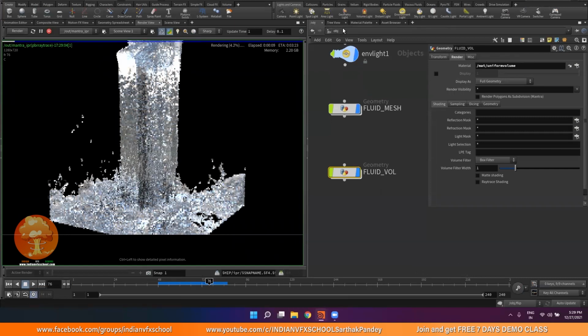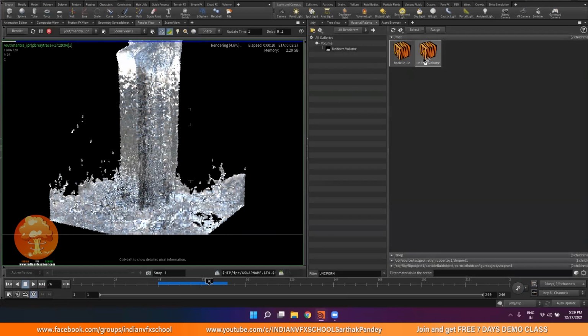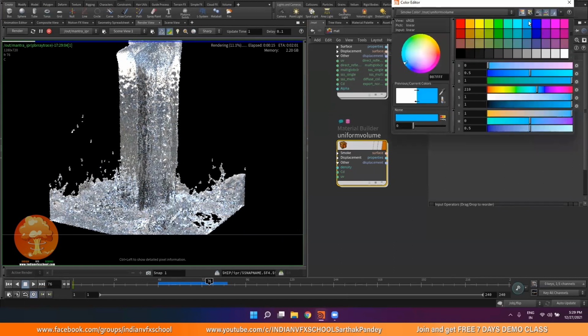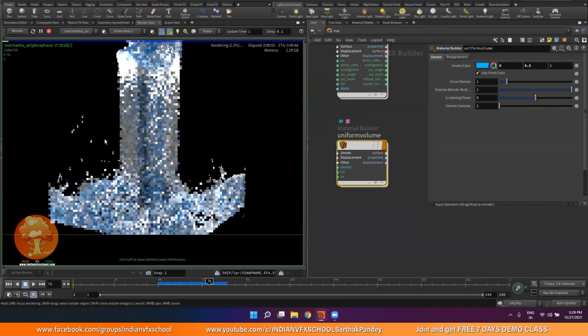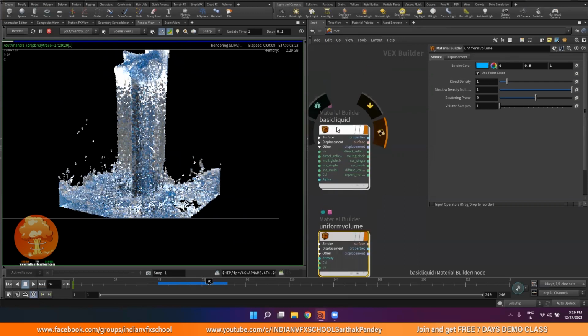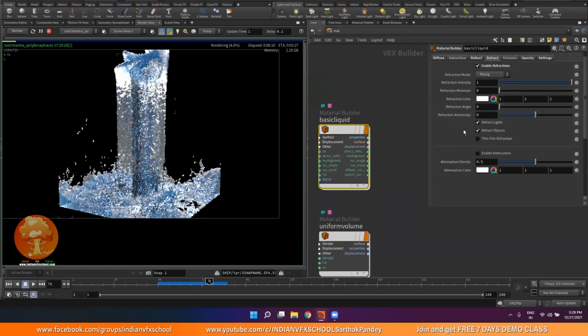It will have some foggy color in it. If I go back into my material palette and double click on this uniform volume, I can now change the color and put it to this bluish color, and it will look a lot more natural. Once again I can check the settings to see if everything is working fine, and it is.